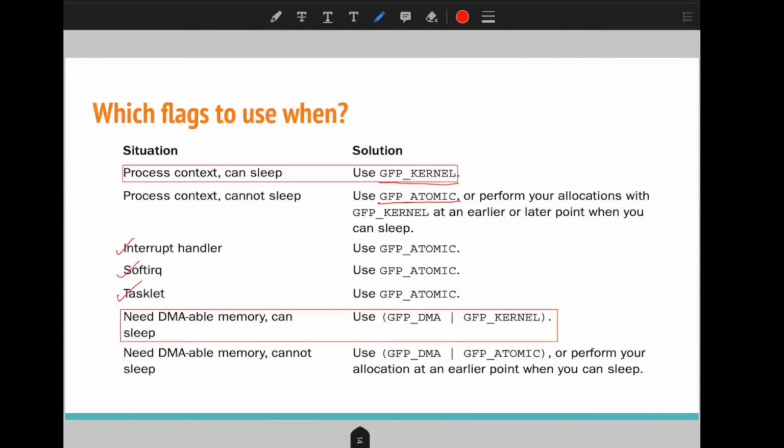And for DMAable memory, where it can sleep, we can use GFP_DMA with GFP_KERNEL so that it can also sleep whenever required. Here you can see that we are grouping two flags as one flag.